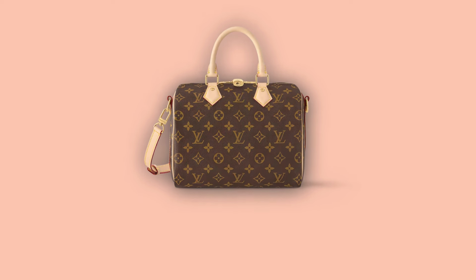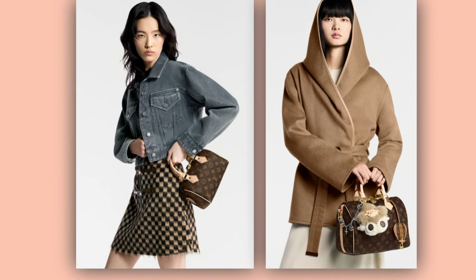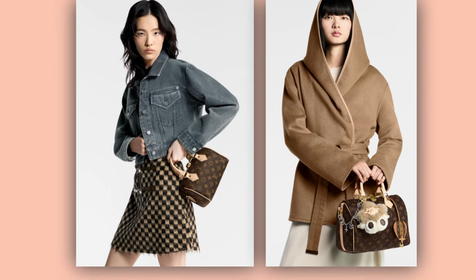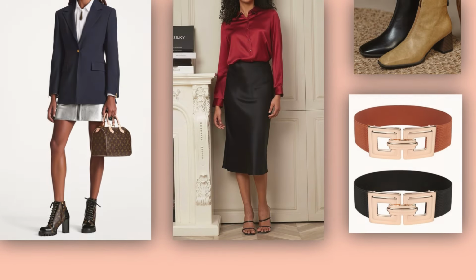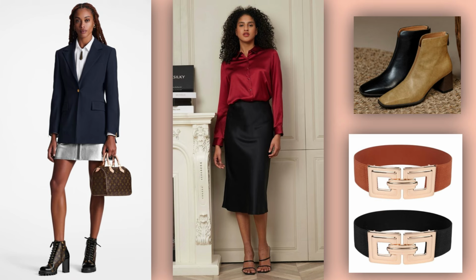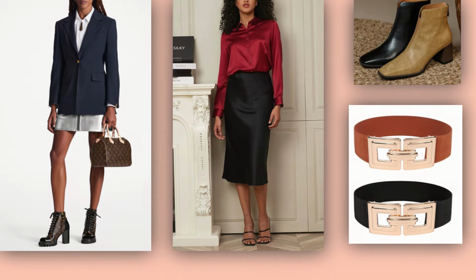This is a bag that adds structure to a look, and sometimes that's exactly what we need. When you're wearing softer pieces like flowy fabrics, draped silhouettes, or oversized layers, the Speedy 25 brings back that balance. It grounds the outfit. It gives you a sense of control and poise. My favorite way to style it is with a midi skirt, tucked silk blouse, and block heel ankle boots. Add a belt at the waist to define the silhouette, and carry the Speedy by the top handles for that